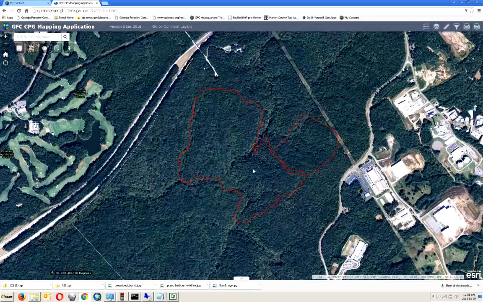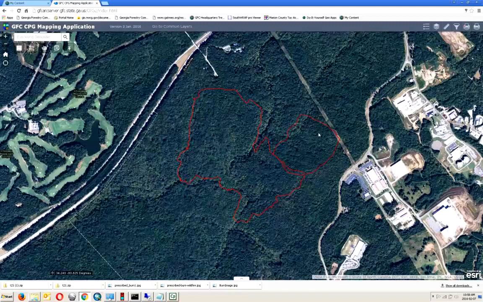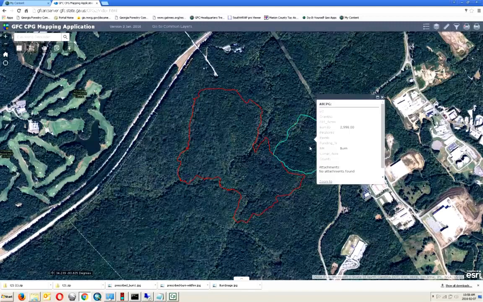So this is the track we've been working with. We brought this one in from the GPS 62 Garmin, and added some attributes. Most importantly, the burn ID number, which is how we would query this out and filter for finding this track for mapping applications. This other track was pre-existing, and in the second session we